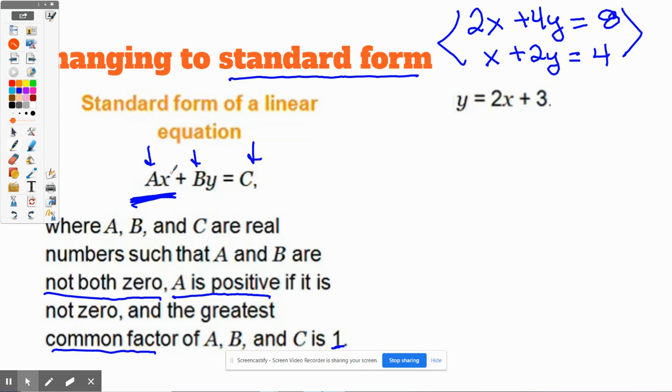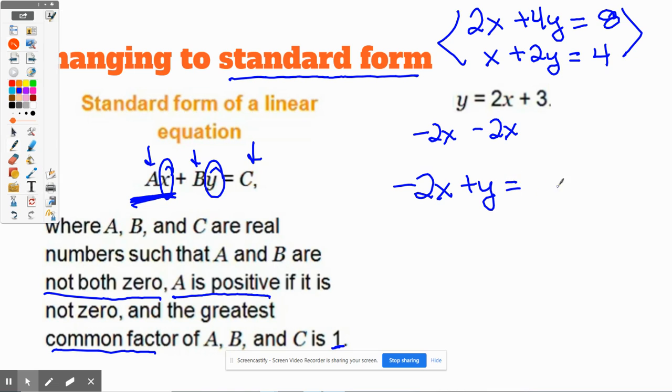And x and y are mandatory. You have to have an x and a y. And then A, B, and C are just numbers. So this y equals 2x plus 3, we can rewrite it to follow these rules. We need to get x and y together. So let's subtract 2x here, and I would have negative 2x